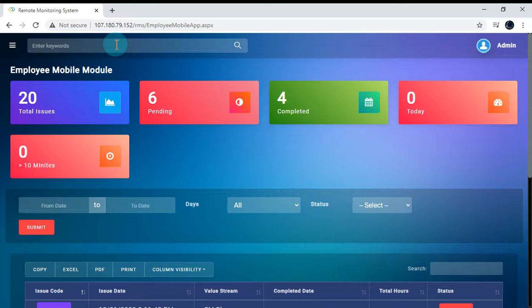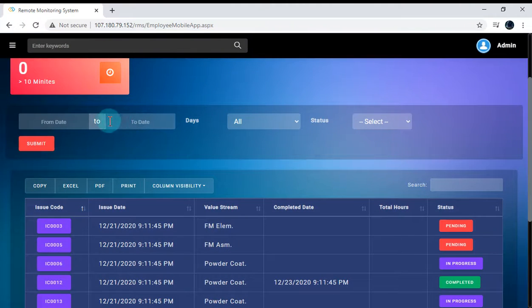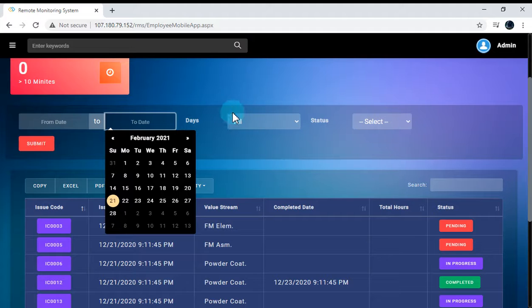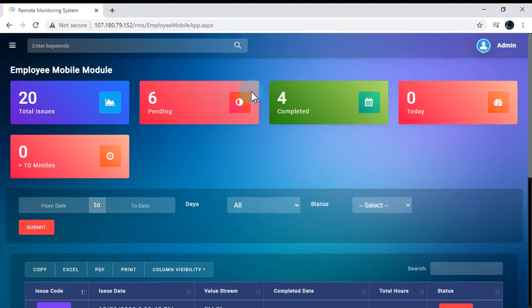Say for example, the department staff can only see the issues which raised only for his department. Similarly, the quality guy can see only his issues.